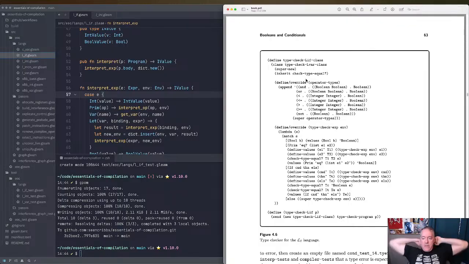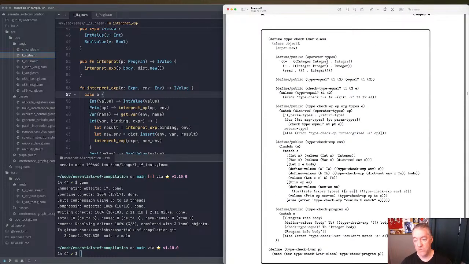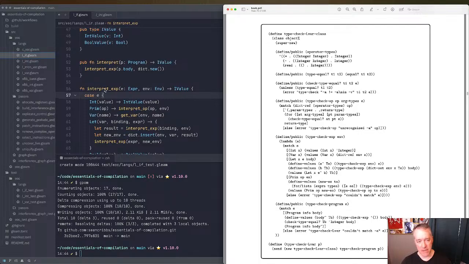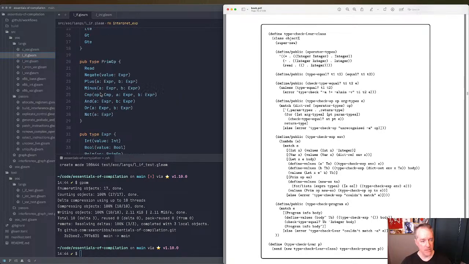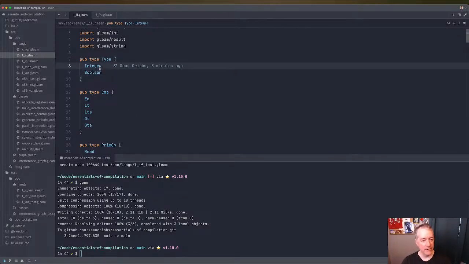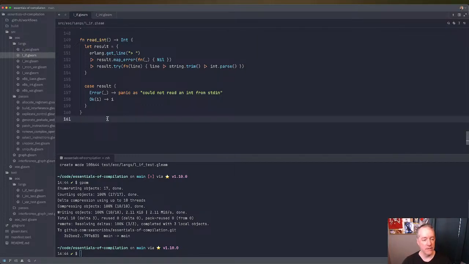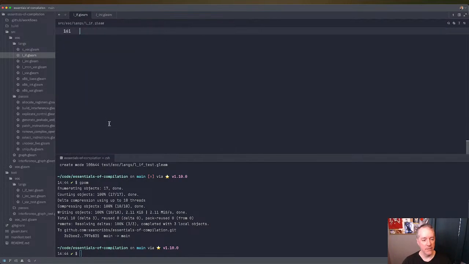Okay, so I think what we need is to define these functions. So let's check type equal. I honestly think we can just do integer or boolean, and are they equal? We'll see. Okay, so let's start creating the type checker,